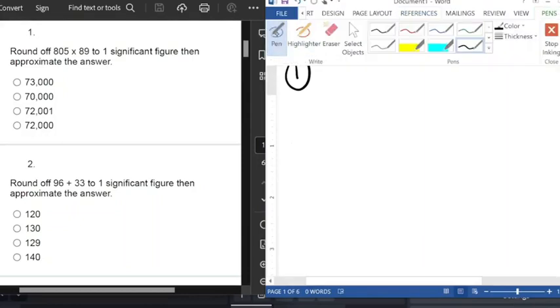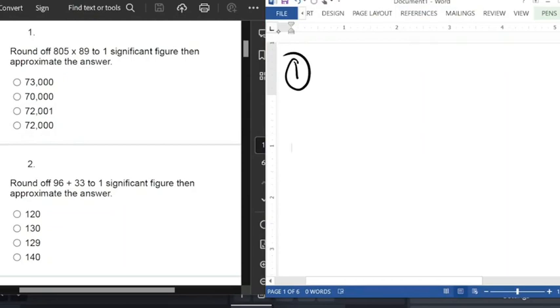So in this class, we want to look at questions on rounding off numbers, significant figures, decimal places, and estimation and approximation. So we have the first question here that says round off 805 multiplied by 89 to one significant figure, then approximate your answer. So the first thing is to round this